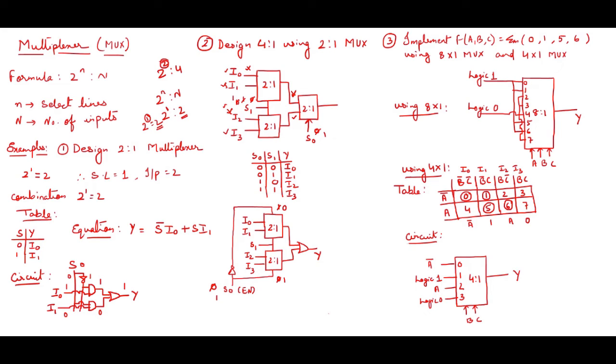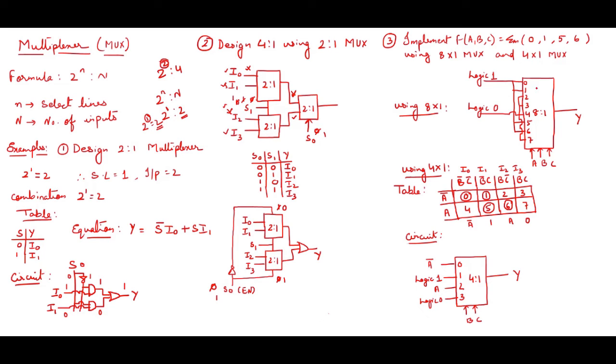And then what I have done is, the numbers available over here, 0, 1, 5, 6, to those pins 0, 1, 5 and 6 I had given logic 1. You can see logic 1, and the numbers which are not available in the given question, to those pins I had given logic 0, and the select lines are A, B, C over here. So this is giving me the design of an 8:1 mux for this particular combinational circuit equation, right?